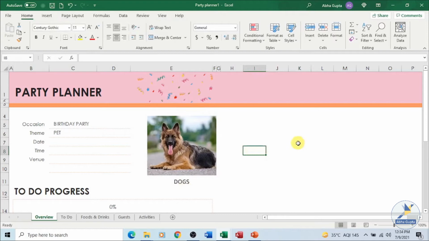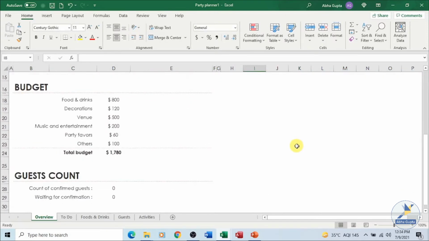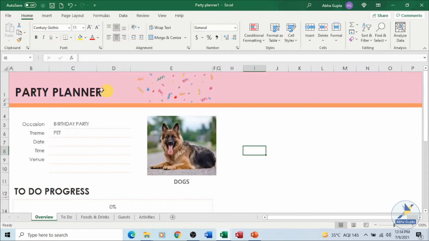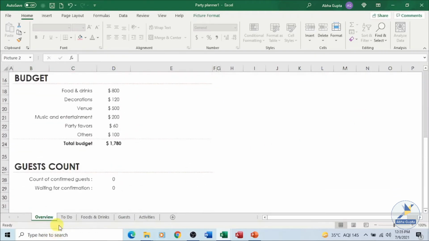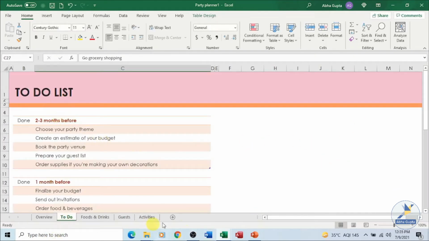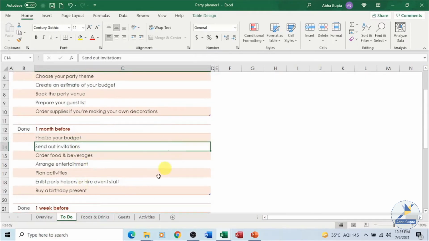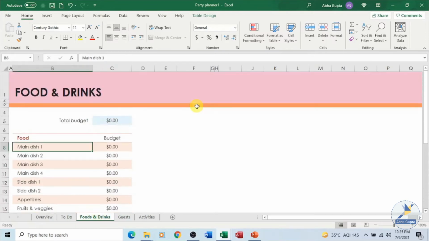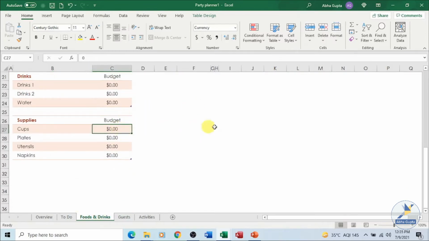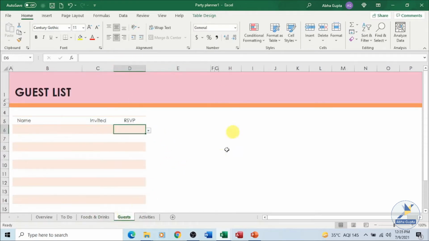I can obviously change things in the template which has been provided to us. It's not necessary that we put in everything or use everything which has been given to us. I can always change. I can go to different tabs over here. You can choose a theme party, you can arrange all these things. You can type in the data. Say over here we have some budget, we can change it: $50 for this, $50 for that. This is just an example that these things are already in place and you can make use of this template.